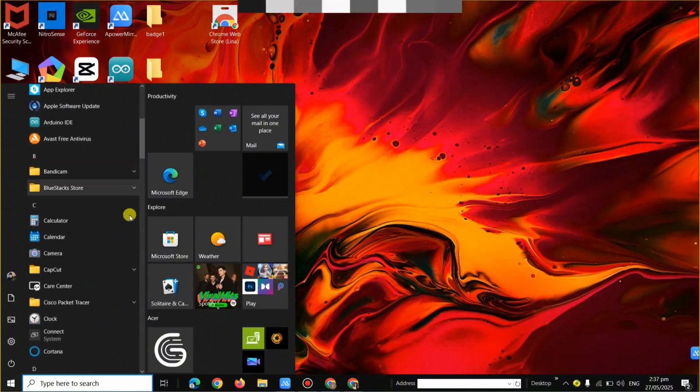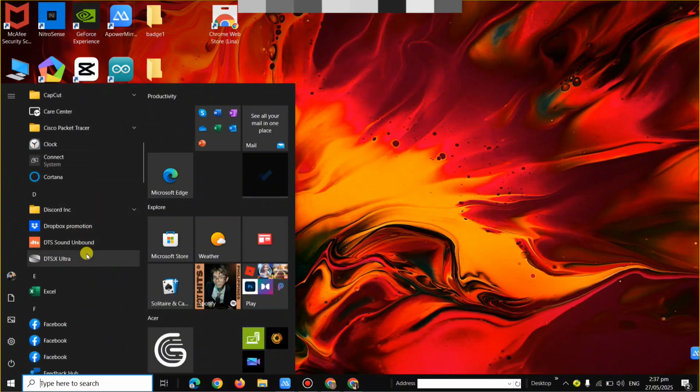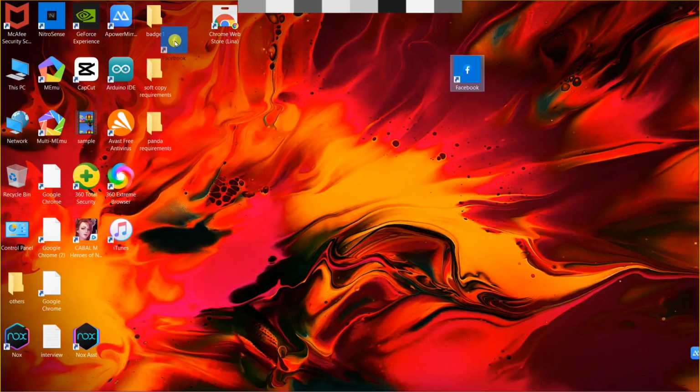Now in here, go ahead and select an app that you want to add into your desktop, and then long press on the app and then drag it into your desktop. So you can drag it here and then place it anywhere you want on your desktop homepage. So that's basically how you can add apps into your desktop. So you'll need to just basically look for that on the start menu and then drag that into your desktop